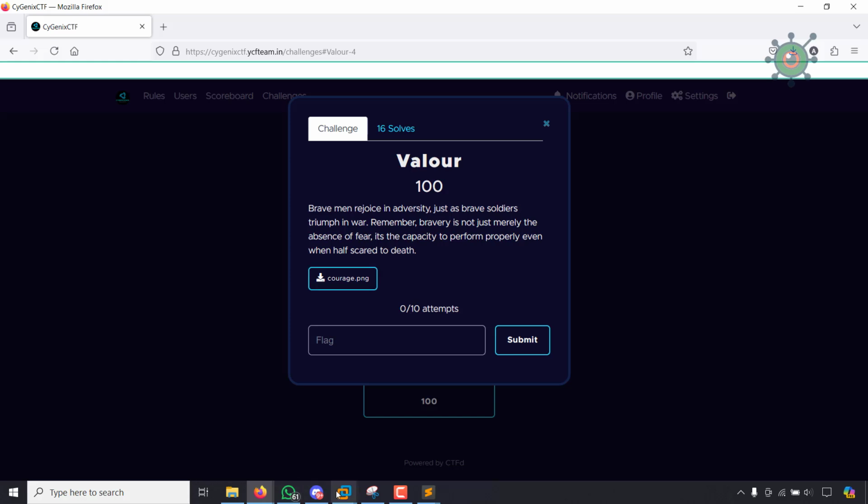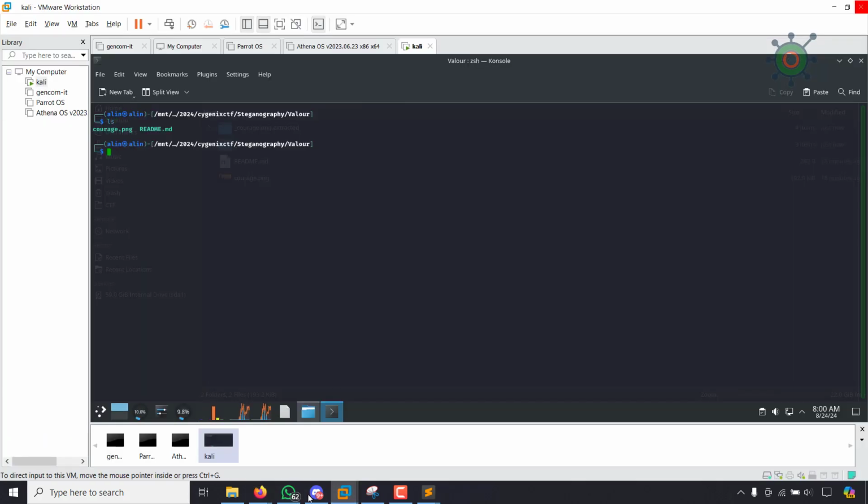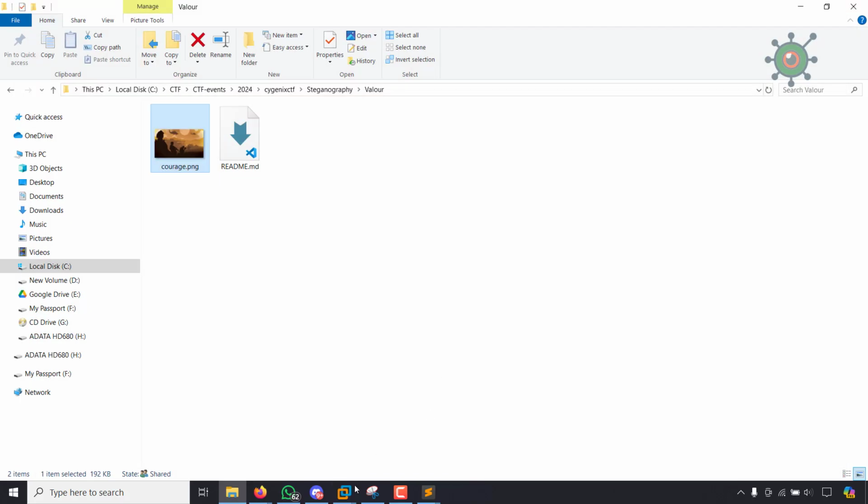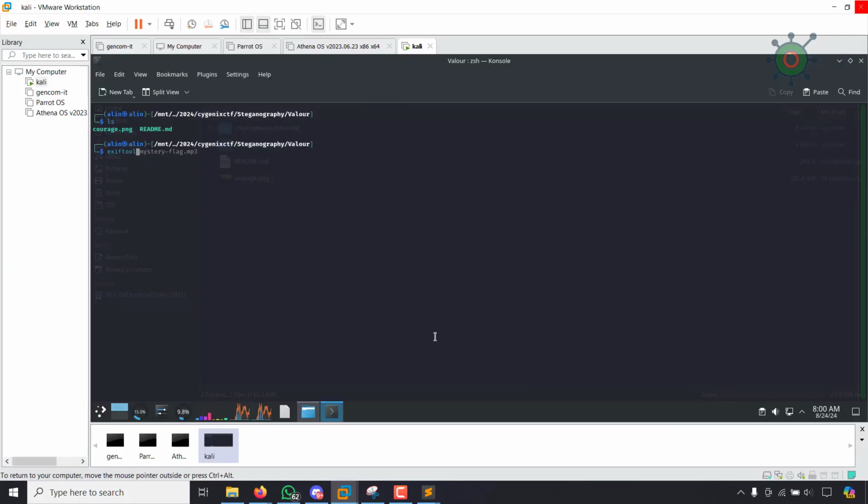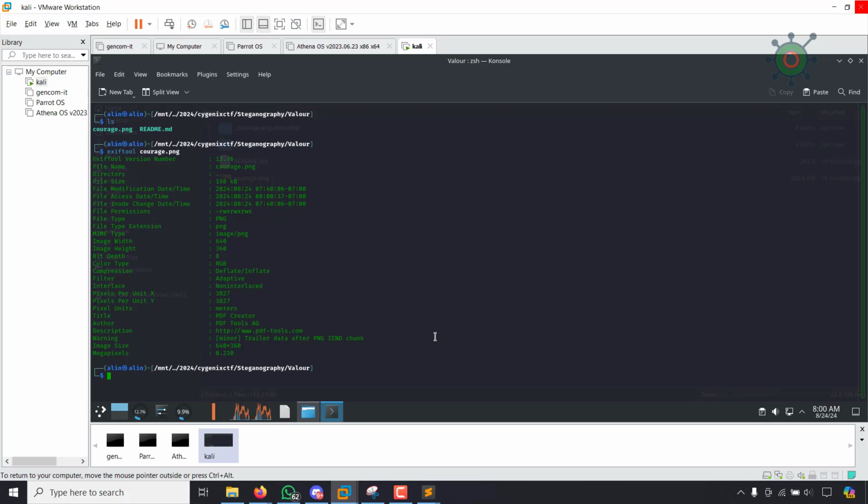The second one is Valour. That is the steganography problem. So first, check the image. Use the exif tool and found pdftools.com. There is nothing else. Okay,